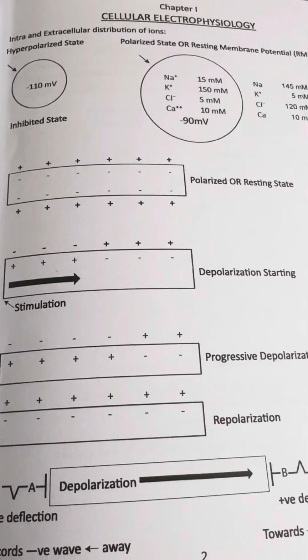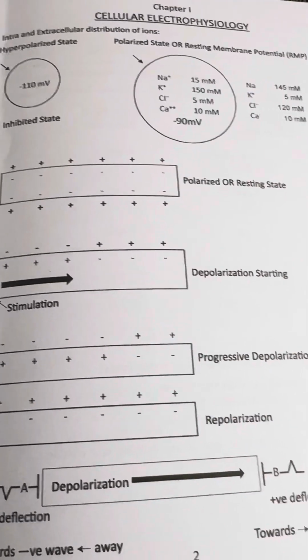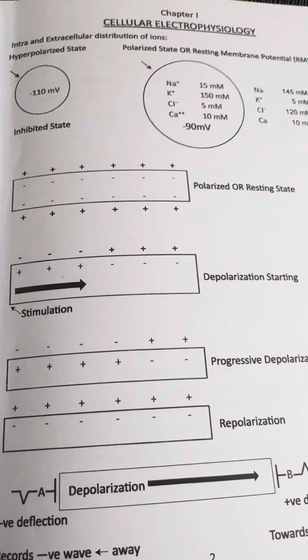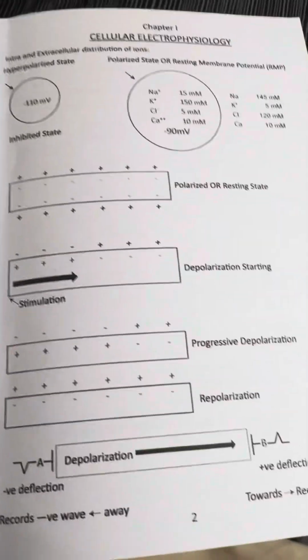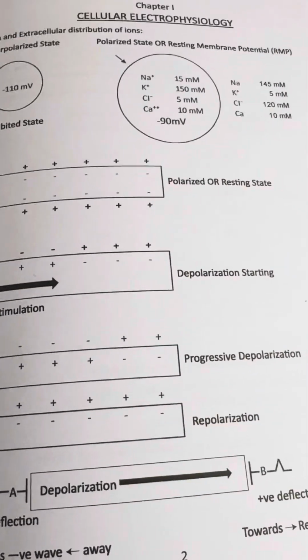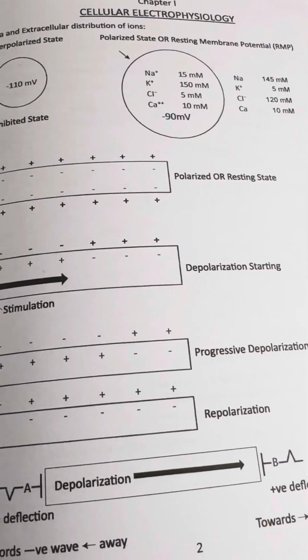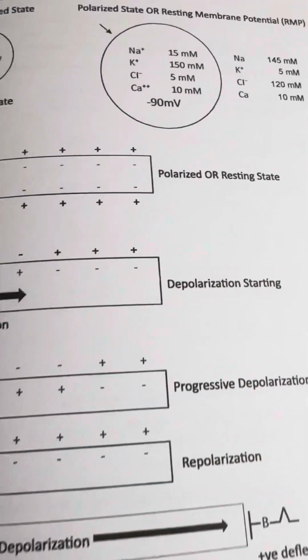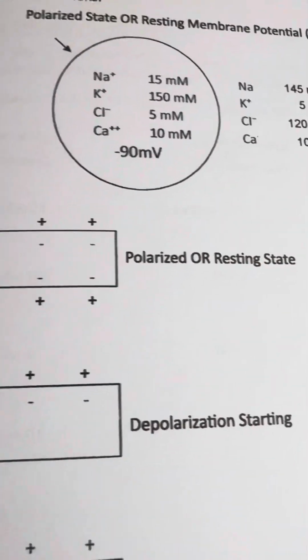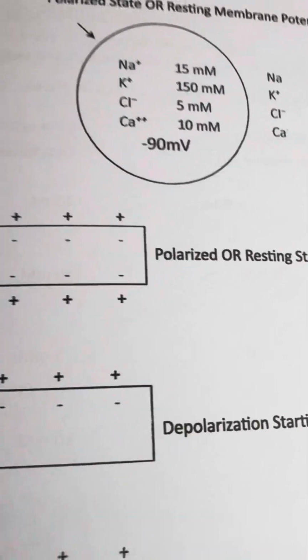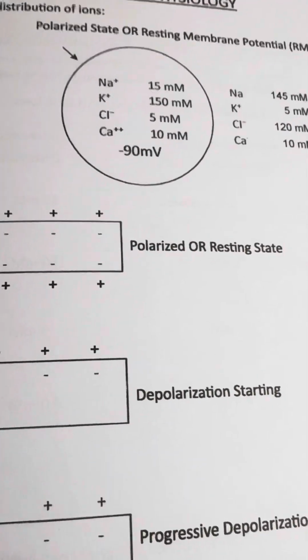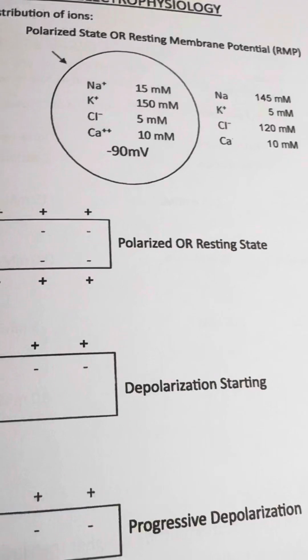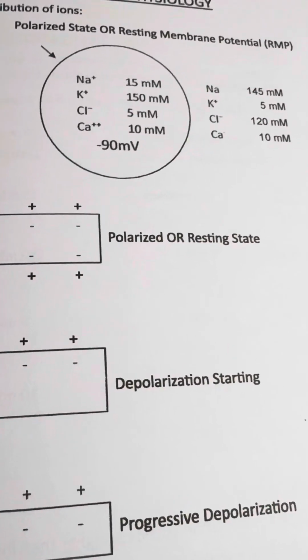First lecture is very important. It is the fundamental of all electrical activity in the body. So I start with cellular electrophysiology. If you take the example cell, the rounded one, inside you will find the cell has a different composition